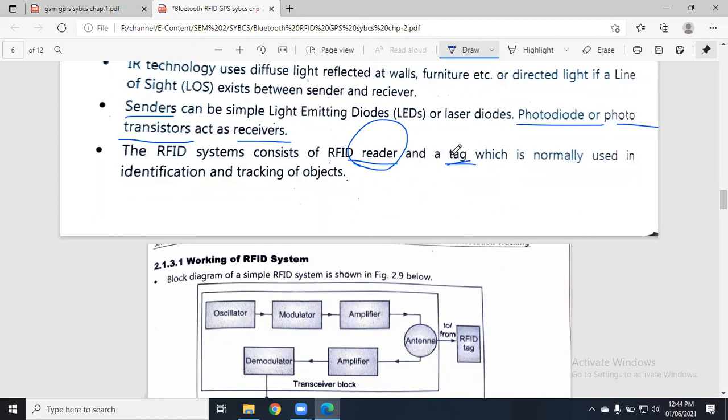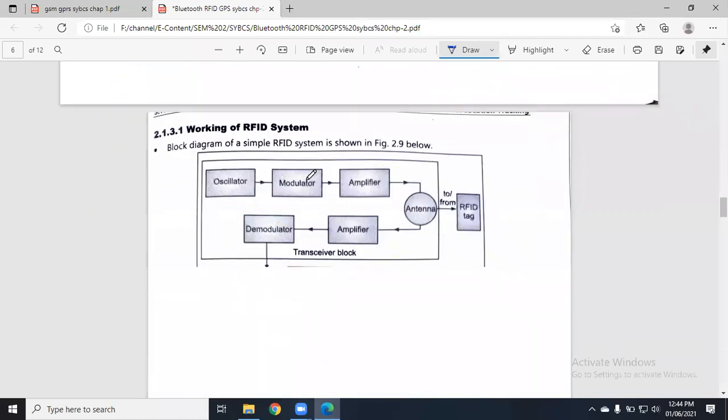Now, reader is going to do what? It is going to read. Read means what? There are no ABCDs written over there. There is some electromagnetic chip, like what is on your SIM card, we say there is a chip on the SIM, or even ATM cards now have a chip. Such a chip has a function, and it is different for each one. So that chip is read by the reader. And that is used for the tracking of an object or identification of an object. Everybody is clear with the basic concept of RFID?